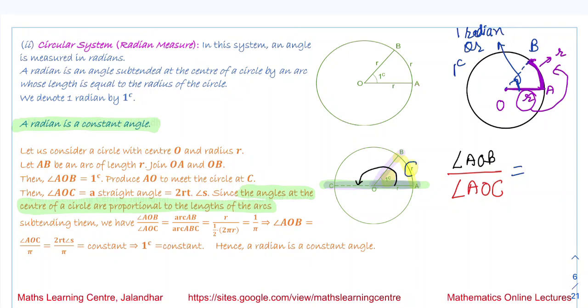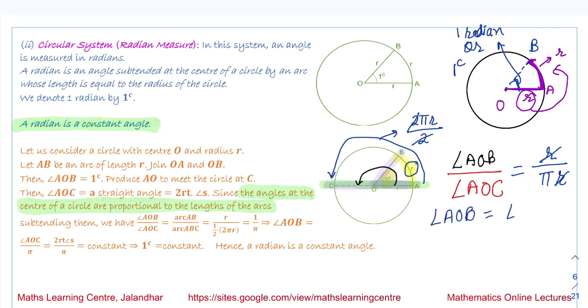The length of this arc is R, and the length of the arc from A to C is 2 pi r, the circumference of the complete circle, divided by 2. So it is pi into r. These two get cancelled. So we are getting that angle AOB is equal to angle AOC upon pi, and we